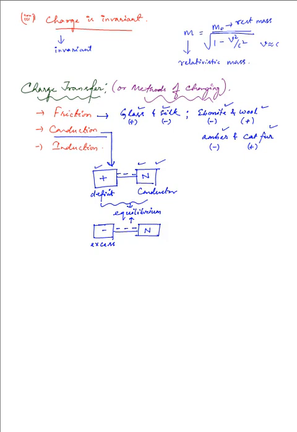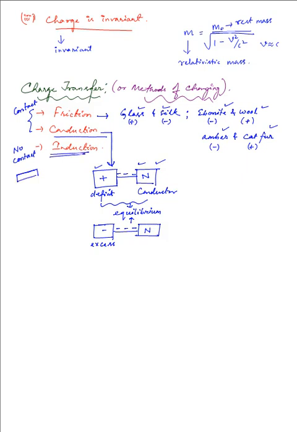In friction and in conduction, we involve contact between objects, but in case of induction, there is no contact between objects. There need not be any contact. It is just the influence of one object over the other. One has to be the charged object, the other has to be uncharged or maybe a conducting material having free electrons. So in that case, when one of the objects, suppose a stick,